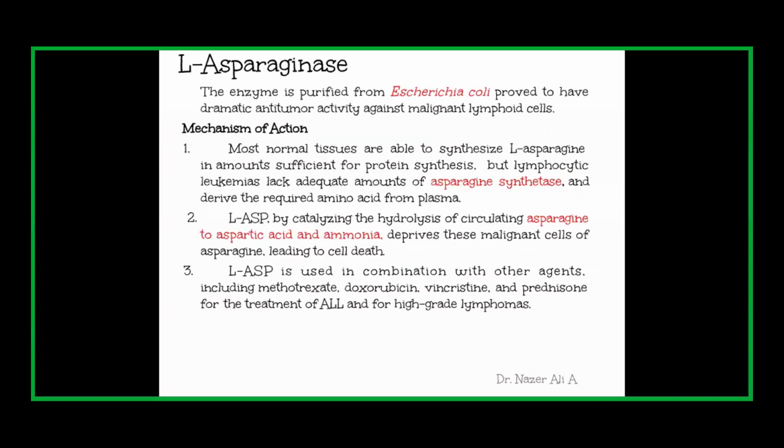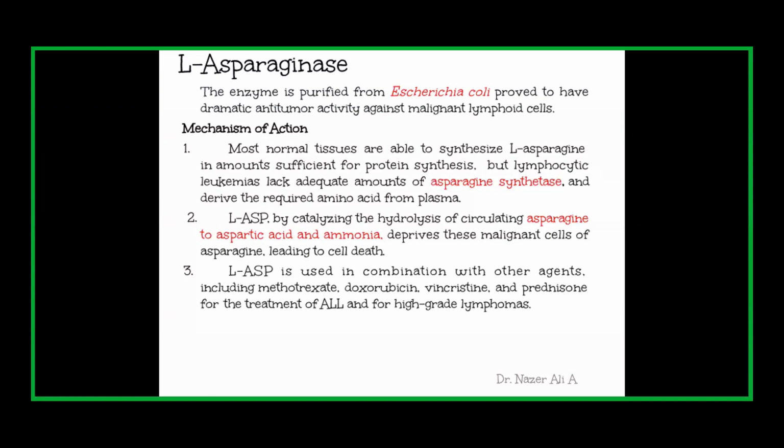Next we have L-asparaginase. This L-asparaginase is an enzyme. Usually we give it in the form of pegylated L-asparaginase, which comes in a small 5 ml vial containing 3,750 units. So what is this L-asparaginase? In the G1 phase, protein synthesis will happen. One of the building blocks of many proteins is the amino acid asparagine.